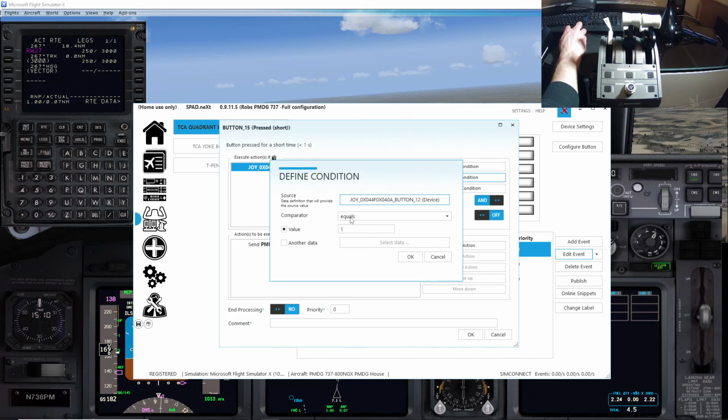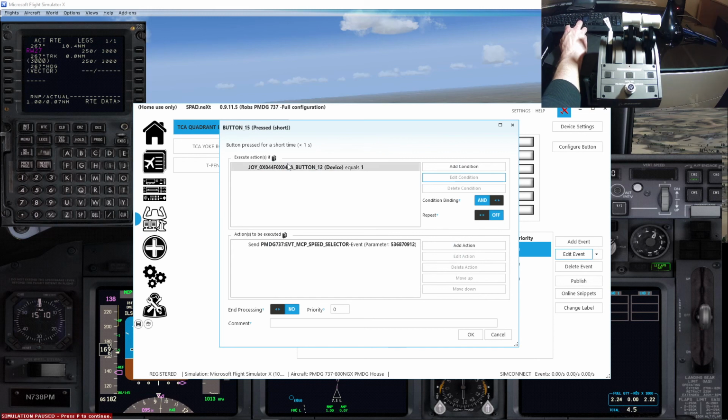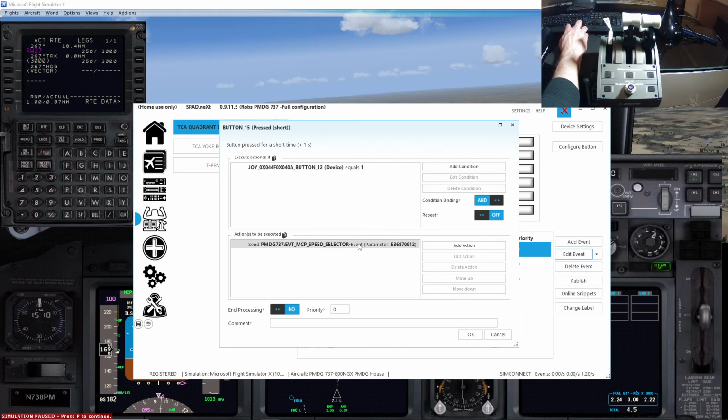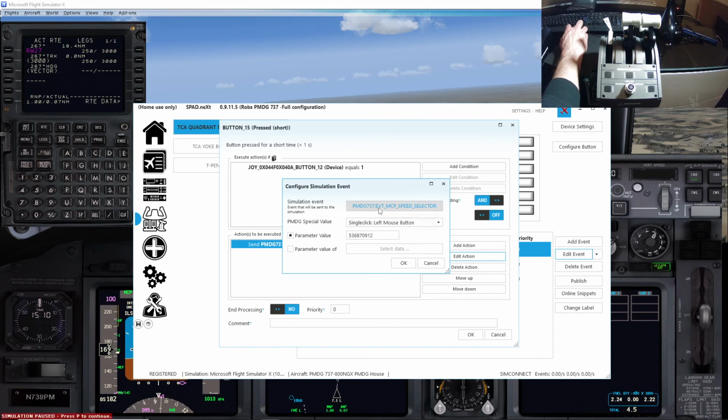So we've said when that, and then you've changed to equals, and then put the value 1 in here. So once it's selected, the system has a number 1 associated with it, and that says, right, so if this button 12 IAS MAC is on, and then you get an input from this one here, which we said was number 15, then execute MCP speed selector. So edit this, and event MCP speed selector, single click left mouse button, and